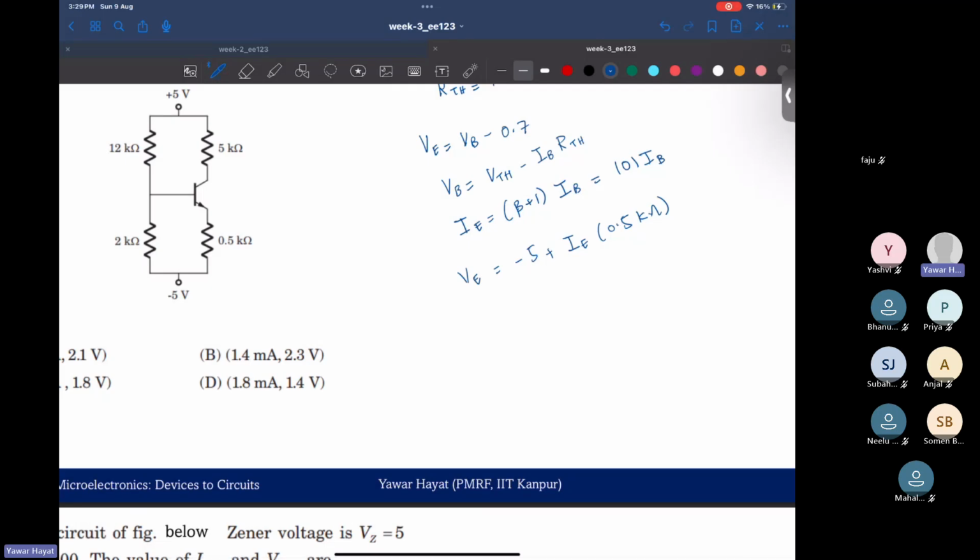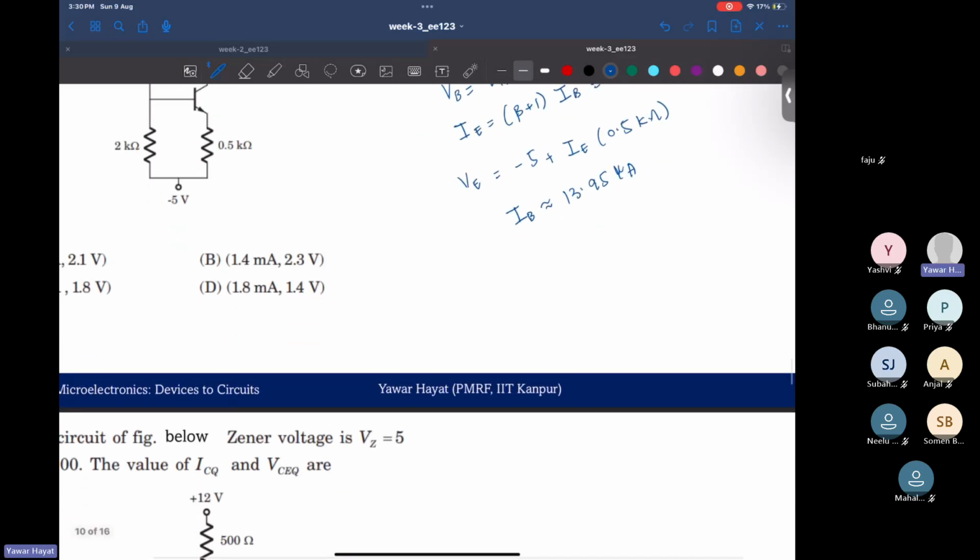So now, if you solve this one, since IE is in terms of IB, VE is in terms of IB, right? This and this we already know. So this is actually an equation with only one unknown, IB, right? And if you solve that, what is the value of the IB that you get? I'll directly write that, okay? The IB comes about as 13.95 microamperes,